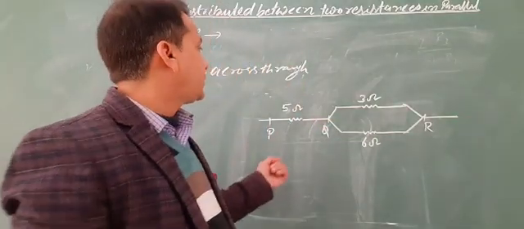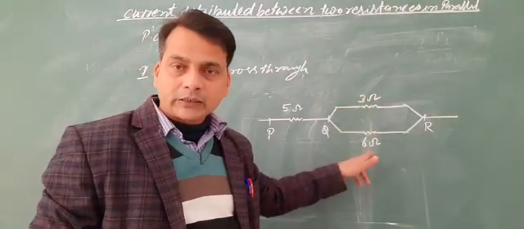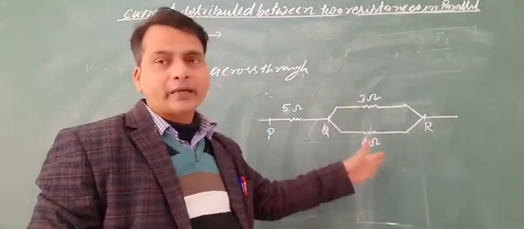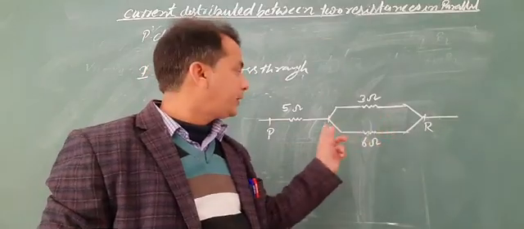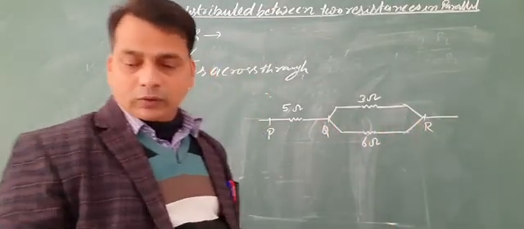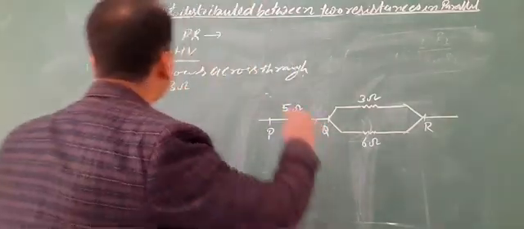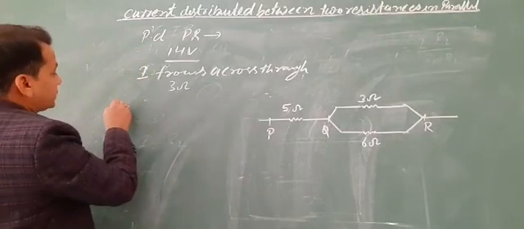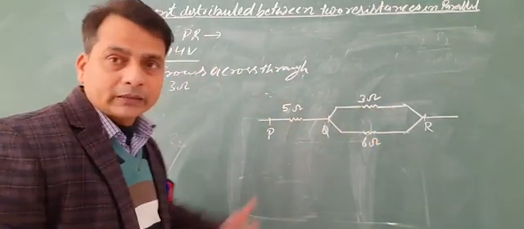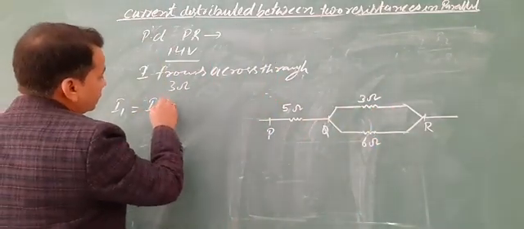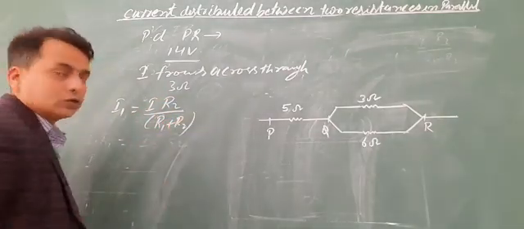So we know that here are the 3 ohm and 6 ohm, two resistances used in this circuit. They are a parallel combination because 3 and 6 are connected to common points Q and R. So first find the total equivalent resistance. Then the formula of current I1 for the 3 ohm resistor is I times R2 by R1 plus R2.